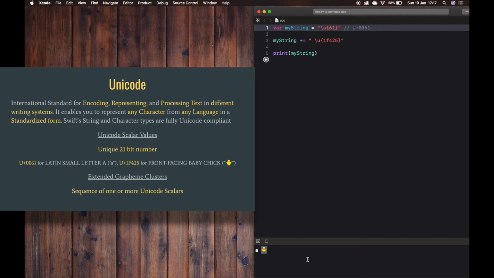For example, the letter small e with acute can be represented as a single value. See this, the value is small e with acute. This can also be represented with an extended grapheme cluster.